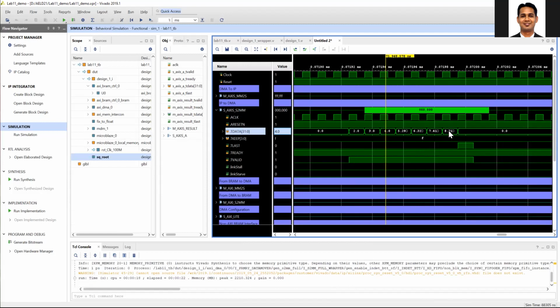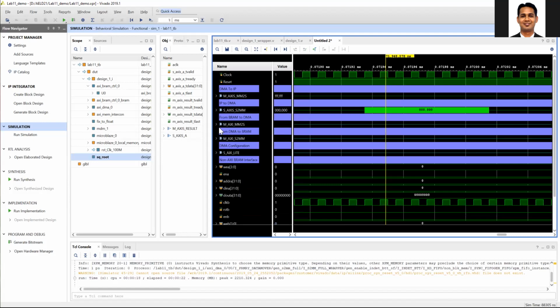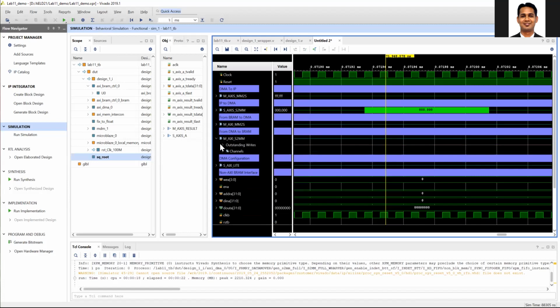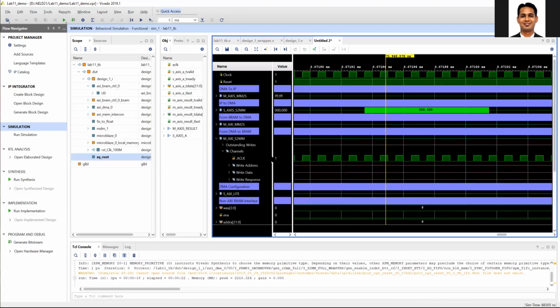The output of the square root is given to the DMA, and this data will be forwarded from the DMA to the block RAM.